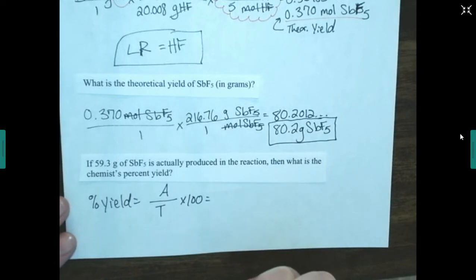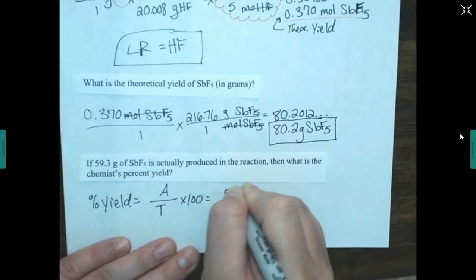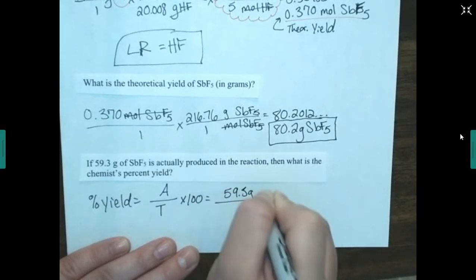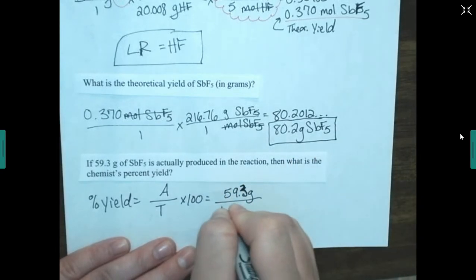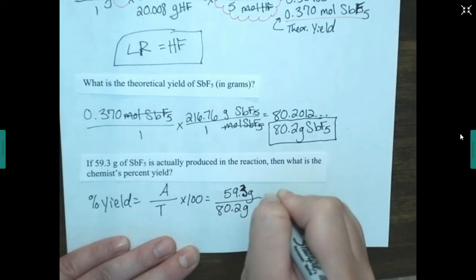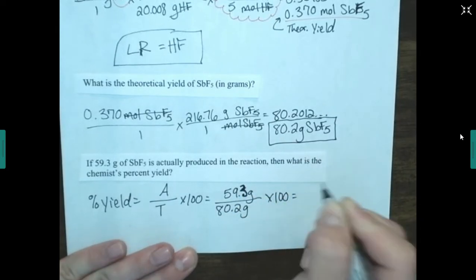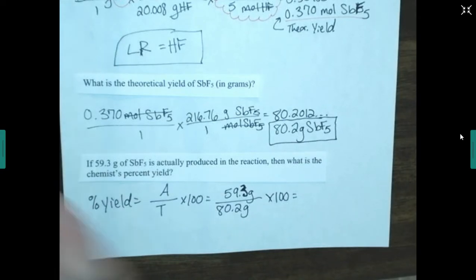So let's do our actual, which is 59.3 grams, over our theoretical, which we calculated, was 80.2 grams. That's how much we technically should have produced, times 100. So we would do that, 59.3 divided by 80.2 times 100, and I got